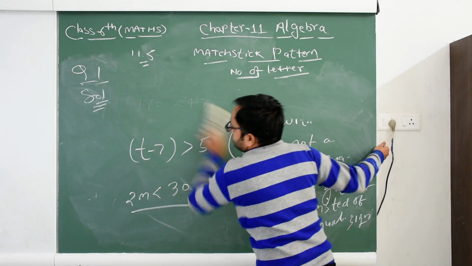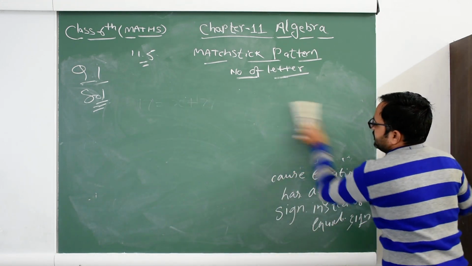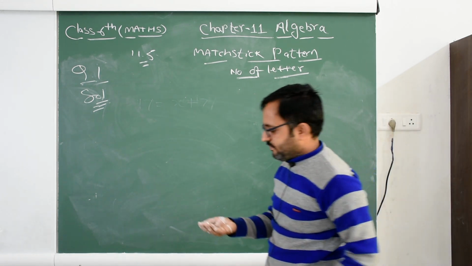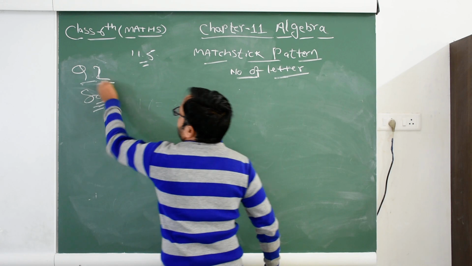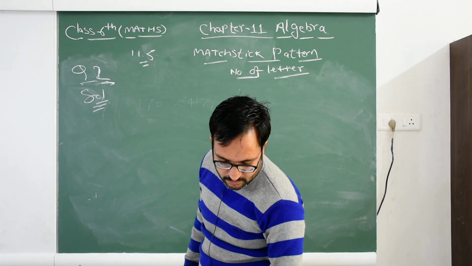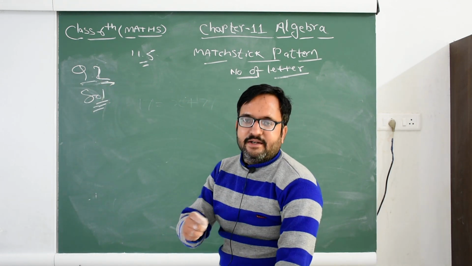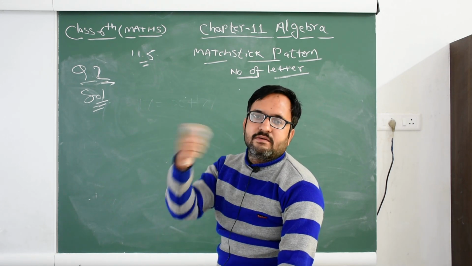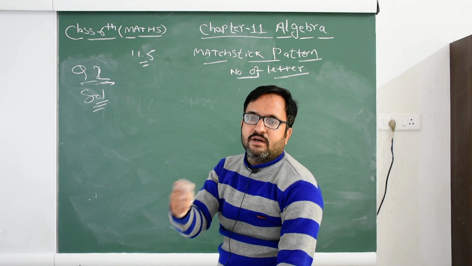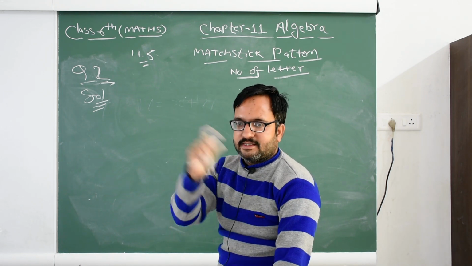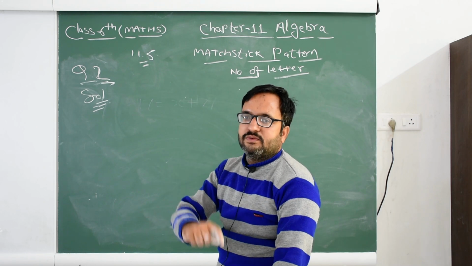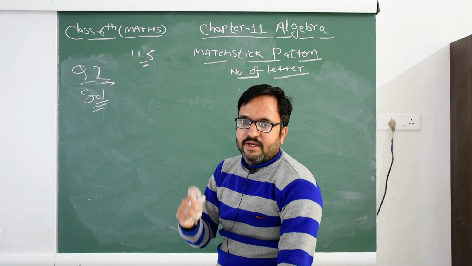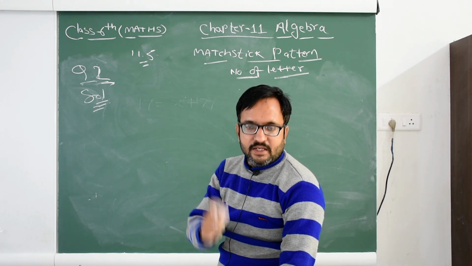Now question number two, a table is given. In this question we have an equation and a value of the variable, and we find whether the equation is satisfied or not. That means we put the particular value into the equation, and if both sides, LHS and RHS, are equal, our answer will be yes, this value satisfies the particular equation.